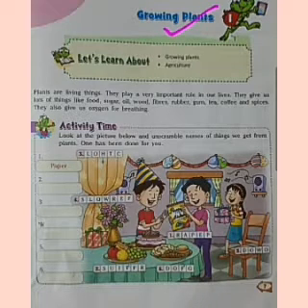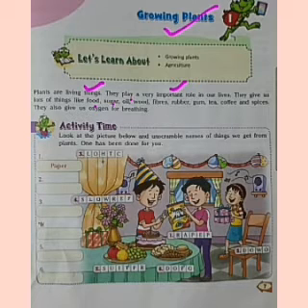Children, do you know why plants are important to us and why our lives depend upon them? Yes, because they give us many things such as sugar, oil, wood, fiber, rubber, gum, tea, coffee, spices, and the list is never ending. We can elaborate the list of things that we get from plants. And apart from all these things, they also give us a life-saving gas, that is oxygen. And we all know how essential this oxygen gas is for the survival of all living things.